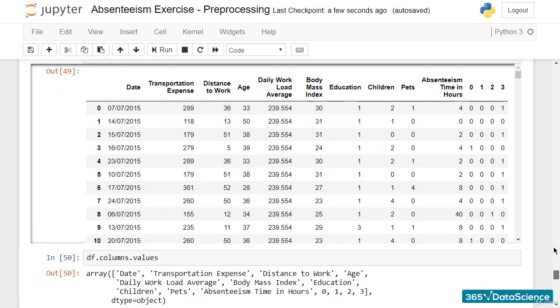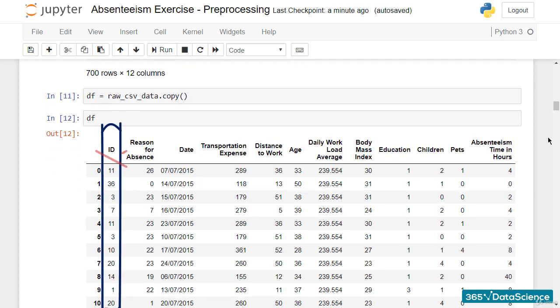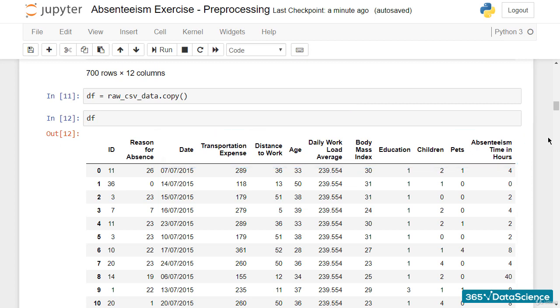The code we've been working on here is a very good example of why we need checkpoints. For instance, so far, we've dropped our ID column and have elaborated on the reason for absence column successfully. However, imagine that we have to test a number of ways in which we'd like to modify the remaining columns of our dataset. Often, this will lead to changes in the content of our data frame. In such a situation, every time we'd like to take a step back and proceed from this point on, we'll have to go all the way up to the moment of creation of the df data frame, rerun the entire piece of code we've written so far, and only then would we be able to continue testing different techniques on